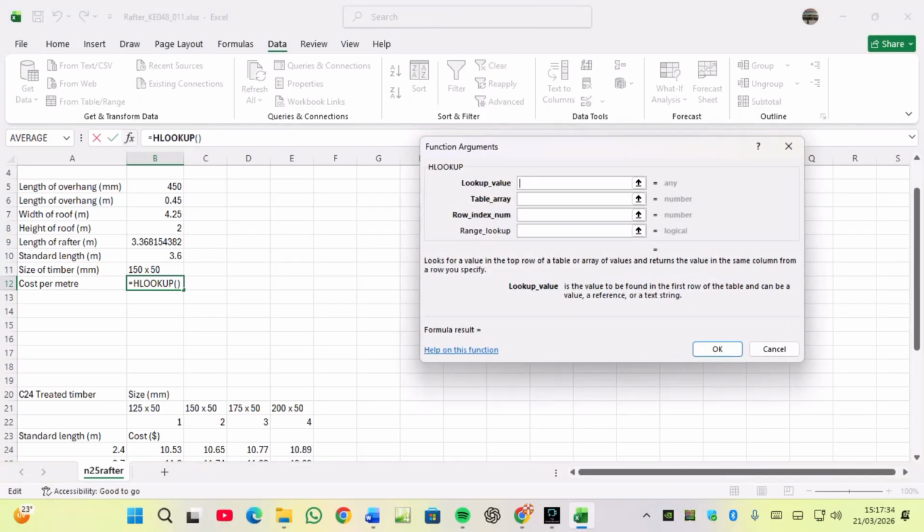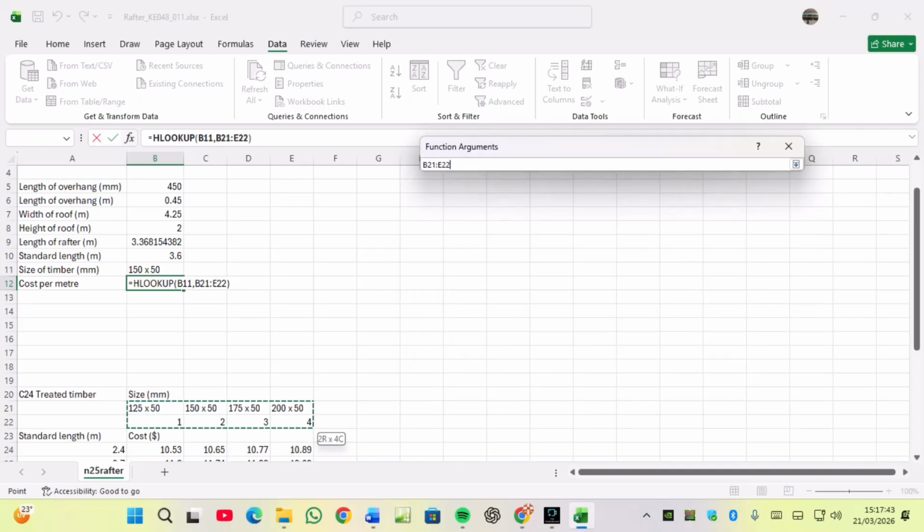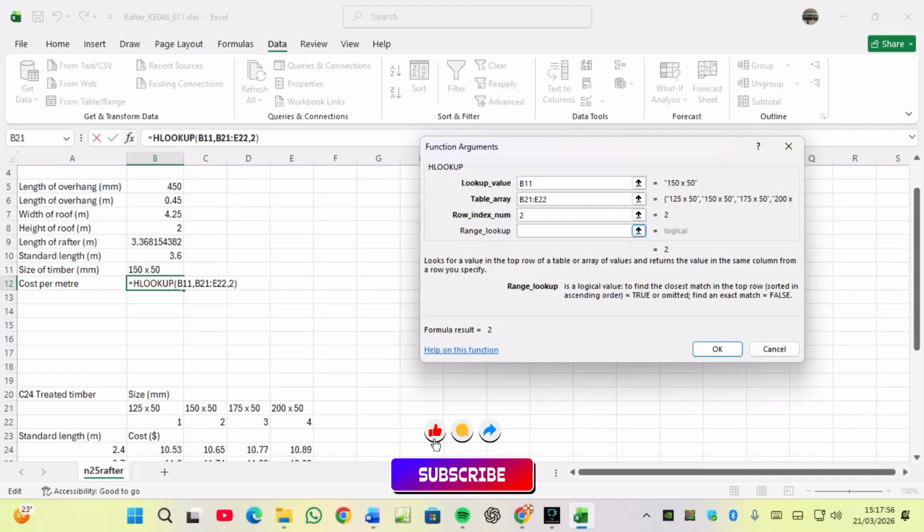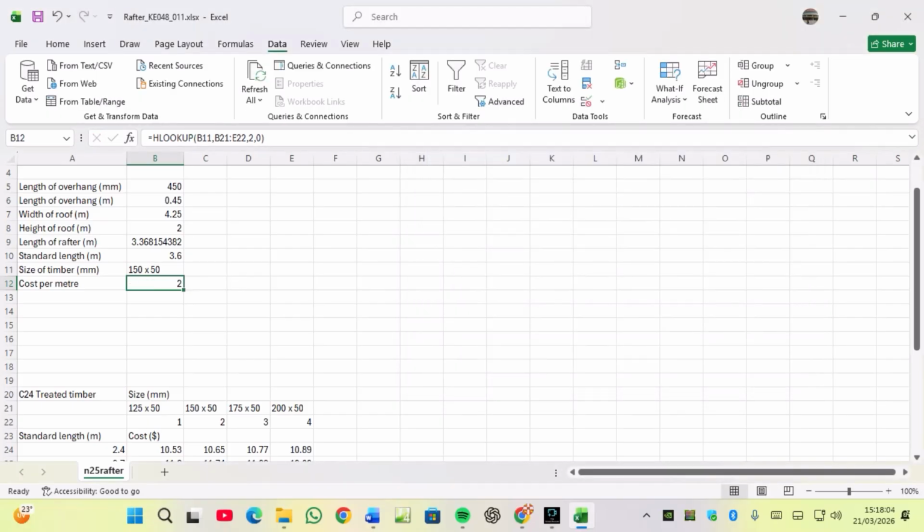my lookup value will be the timber I've selected, which is the second one, and then the table array that I'm using are these two areas here, and then the column index I'm using column, I've taken column 2 for instance, and I want an exact match. So an exact match here, should I give it that? So if I click OK, so if I take